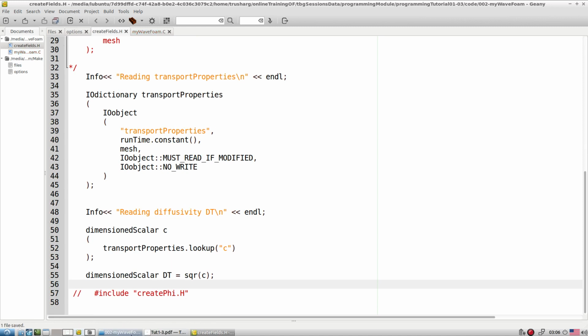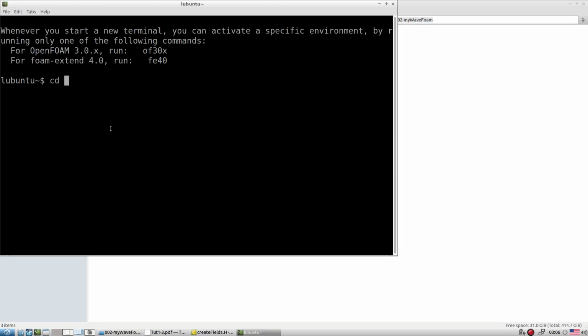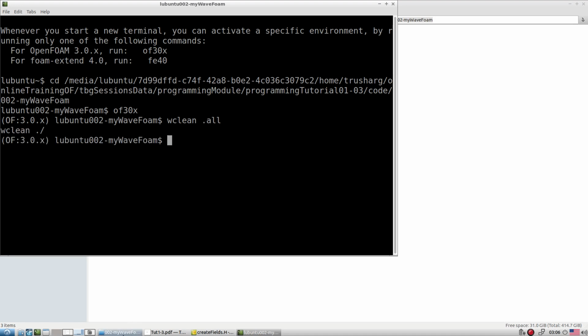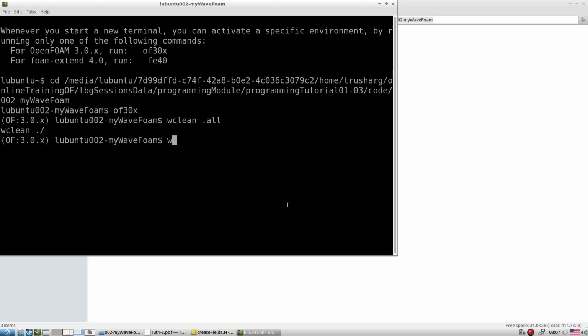Fine, now let's try to compile this solver. Go to the directory, source the variables. Before you start compilation, always type wclean all, so you clear all the previously compiled files. At present we don't have anything, but it is a good habit to do that.